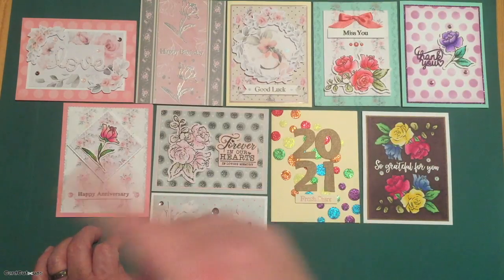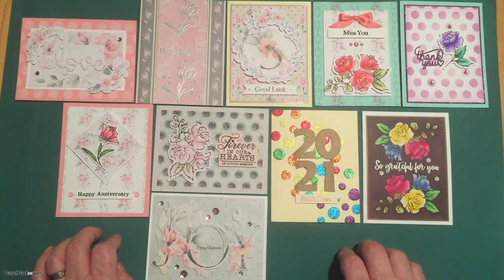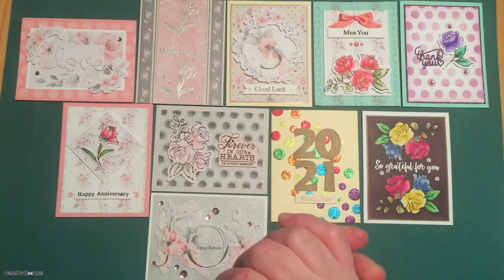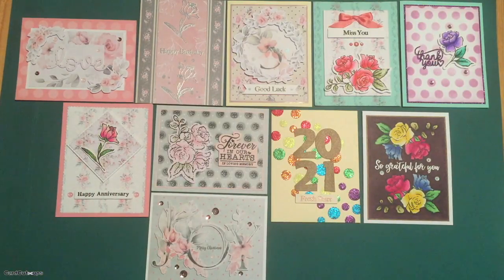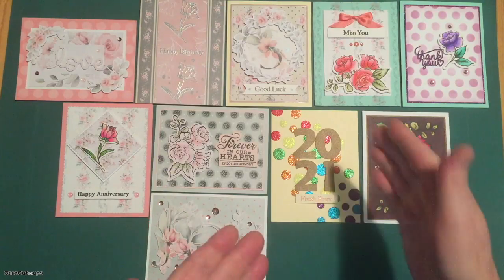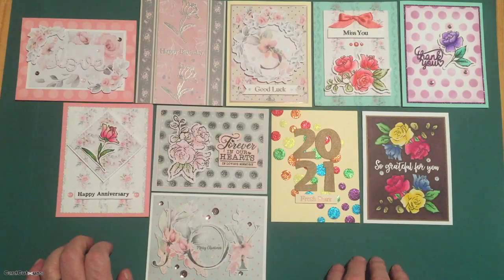As you can tell, I do dig through old Love From Lizi kits for other sentiments to use with my cards. Thank you so much for joining me, folks. I hope you like these cards. I hope you enjoy them as much as I do. I really love having stamps that I can color, and these flower stamps lent themselves quite nicely to a wide